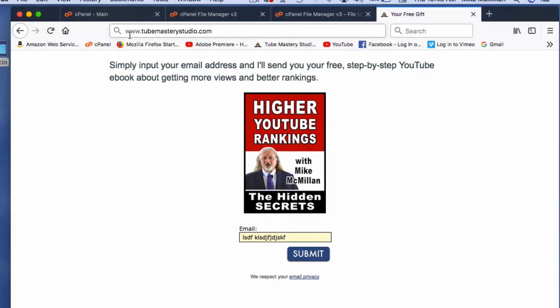Okay, so once you're this far, all you need to do is come in here and type in your domain name right here. Okay, I use Tube Mastery Studio. You'll type in your own domain name and then hit return, and this page will pop up. This is what it will say at the top. You'll have your own image show up in here, and then right down here, this is where somebody could put their email address in and hit submit, and they would go into your Aweber list,